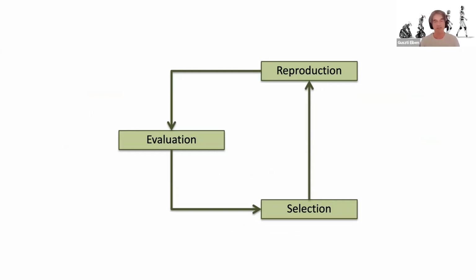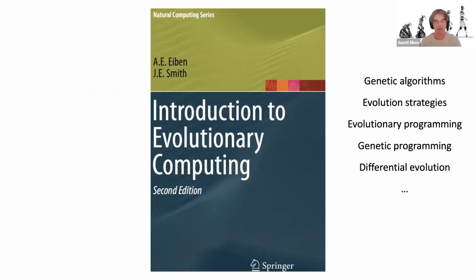And there are a lot of books about it, so let me recommend just a good one to you, following Andy. The main message from this book is that there is no such thing as the evolutionary algorithm. There are a lot of different dialects, if you will: genetic algorithms, evolution strategies, evolutionary programming, genetic programming, whatnot, applicable for optimization, modeling, and most importantly,